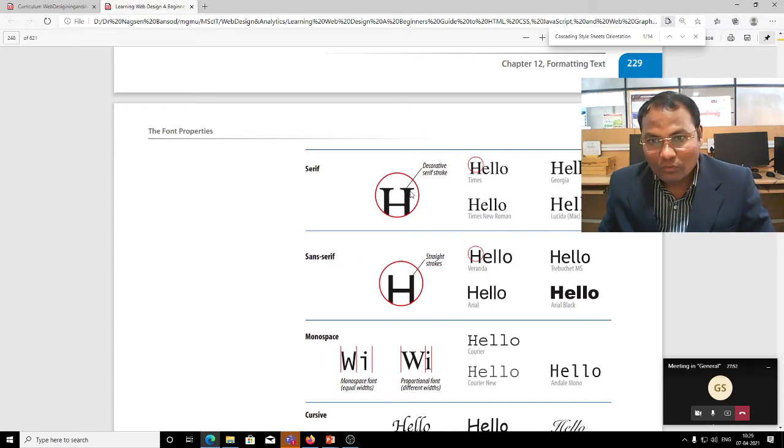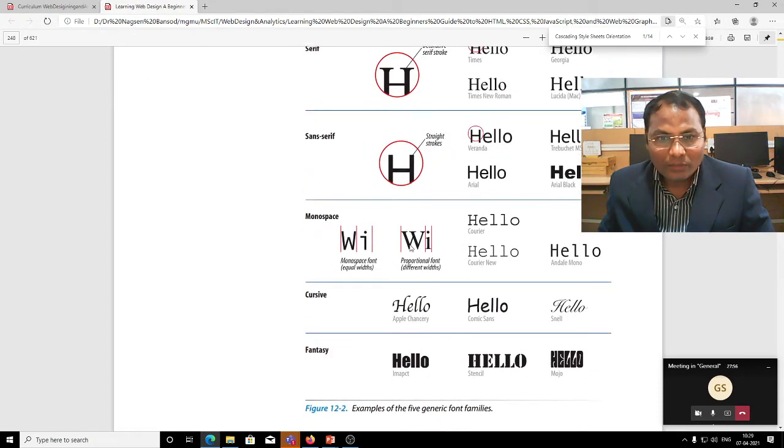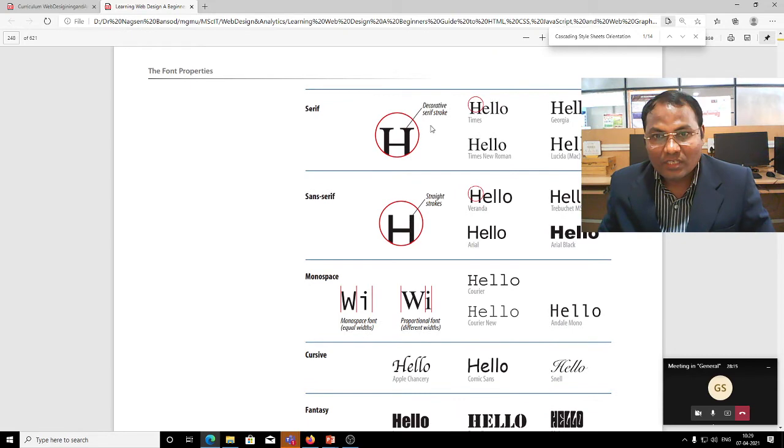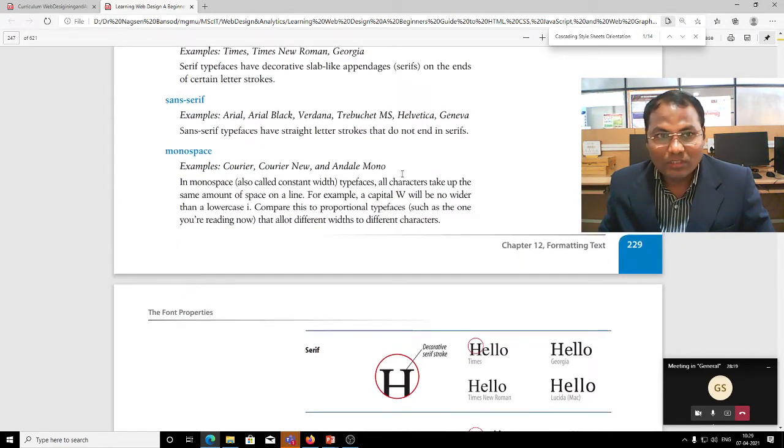To get letters like these, we have to use the sans serif font. If we use monospace, then you see this is different from this proportional font. In sans serif, the strokes are straight, but in serif there are decorative serif strokes. All this is because of the